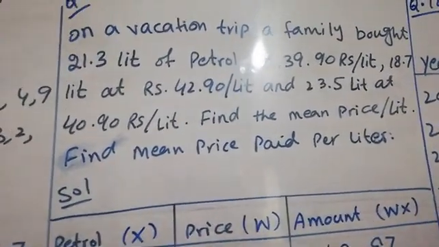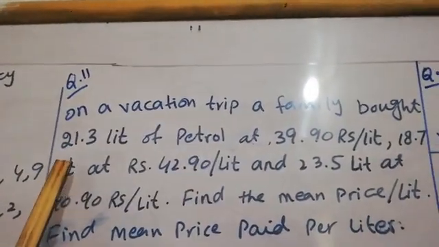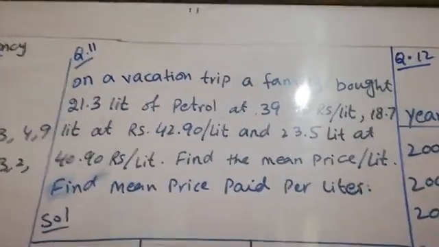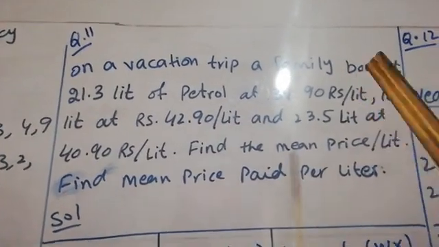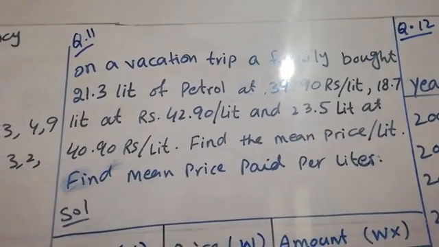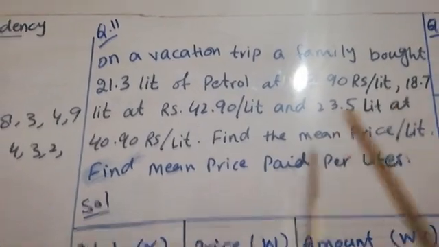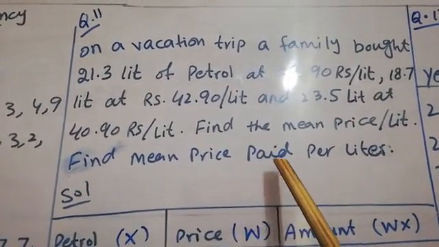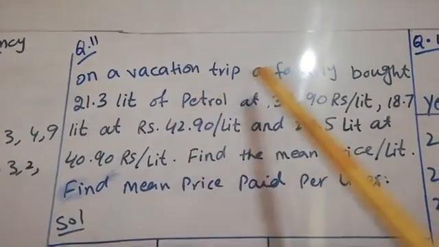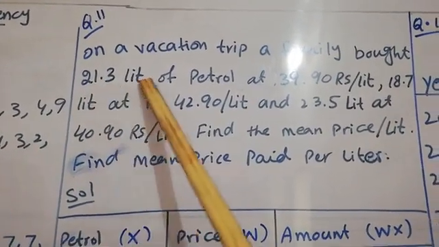So question number 11. On a vacation trip, a family bought petrol. This is the story of our family. The family members went on a vacation trip. So three times they will fill the petrol tank of their motor car or jeep. First time, they bought 21.3 liters of petrol,